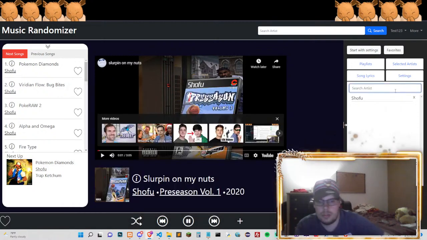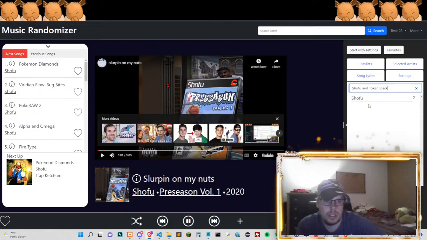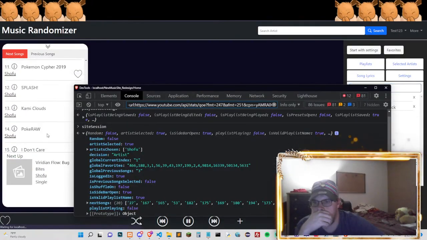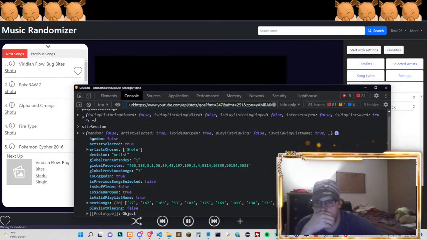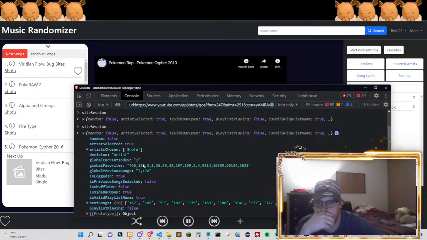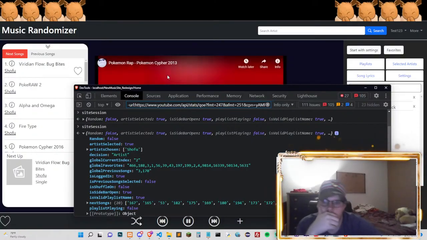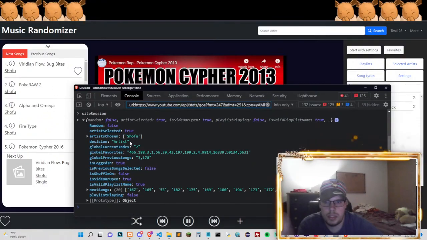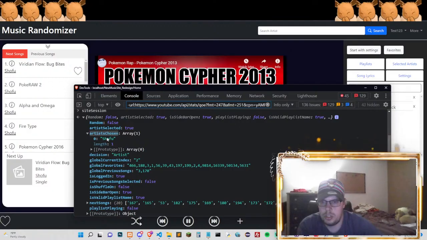Alright, so if I put Shofu and Token Black here, it's gonna pick from only one of them here, but if I do this, it didn't add it. What is